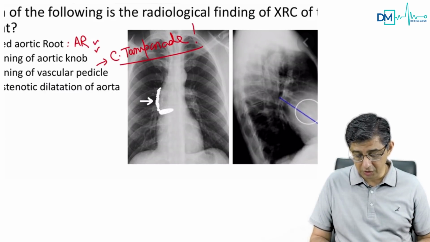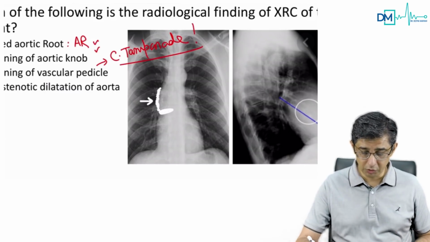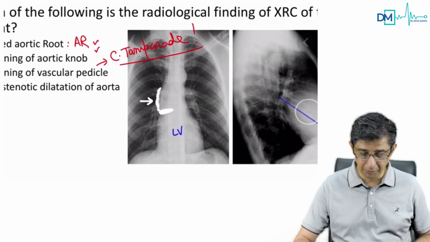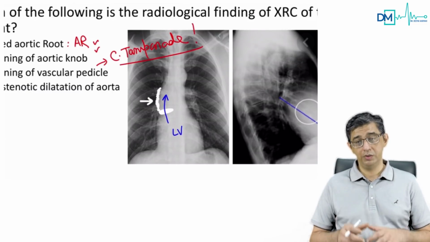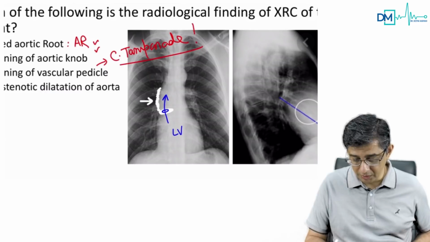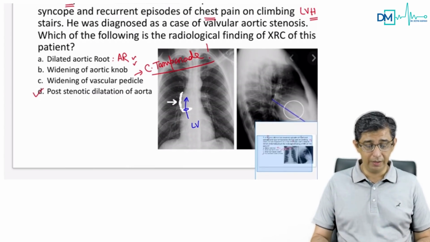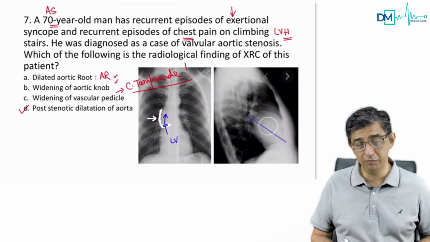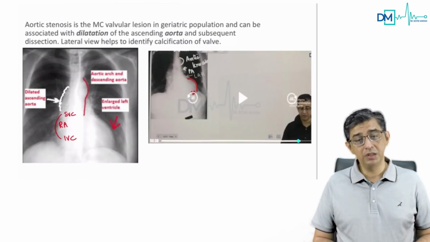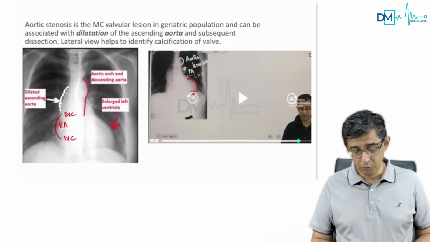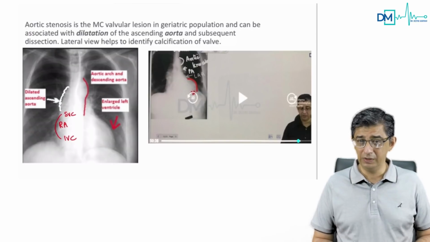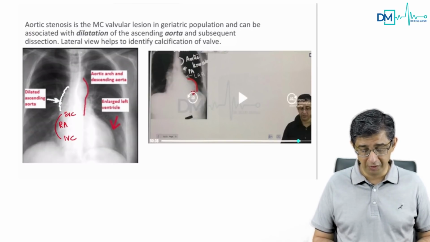So this is where the stenotic valve would be somewhere. This is going to be the left ventricle, which is going to be ejecting blood into the aorta. So since the aortic orifice is narrowed in this case, you are having a post-stenotic dilatation. So the answer to this one would be choice number D. These are the snapshots of the heart borders. Please go through that in the app section, valvular lesions. And even if you don't go through valvular lesions, go through the murmurs part. That would give you a definitive insight.